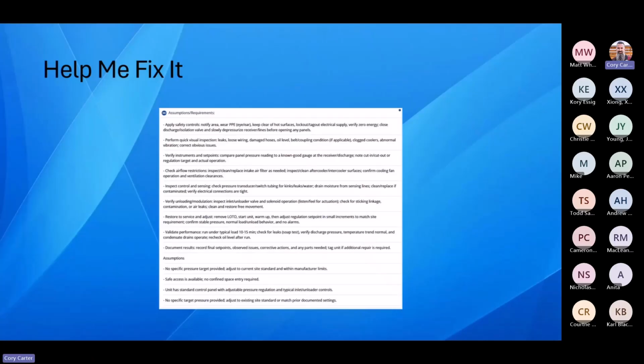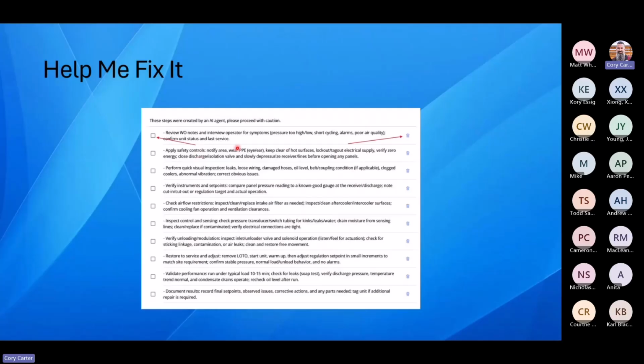Okay, so it tells us what the assumptions or the requirements are, and then it gives us this step-by-step list. It looks like a checklist, but it's not an actual checklist. It's not going to save this as a checklist anywhere. It's just giving you this list of steps, and you'll be able to check them off as you do them